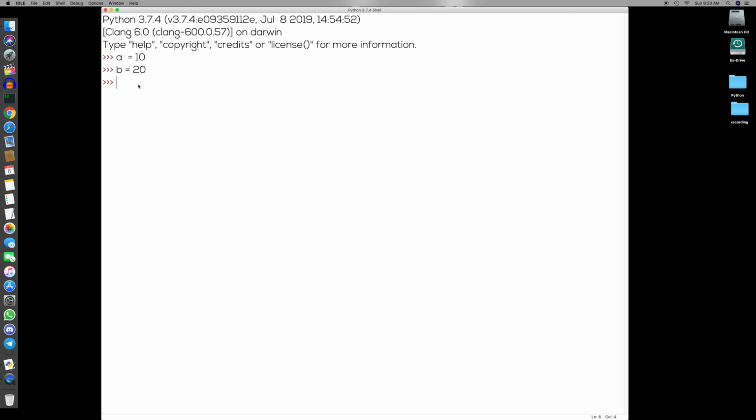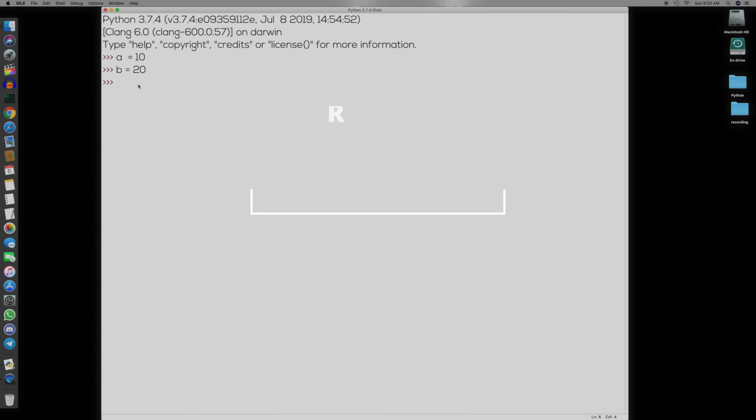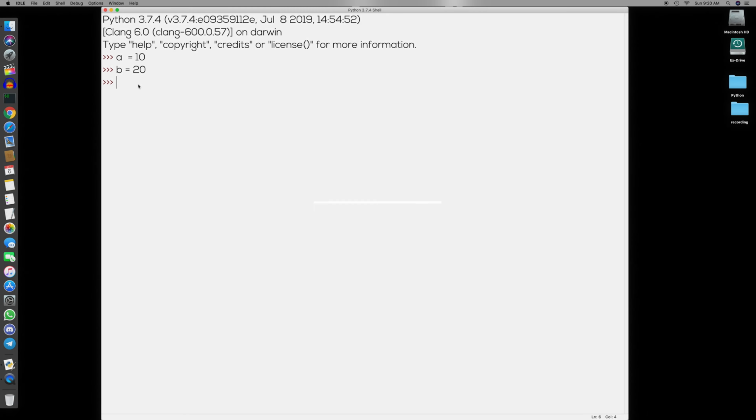Let's move on to understand the rules for writing identifiers, because it's very crucial to understand and follow the rules which Python provides. If you do not follow these rules, Python will give a syntax error. We'll look into that step by step. The first rule is that we can use identifier names with a combination of lowercase and uppercase letters, and we can also include numbers, and we can also use underscore.